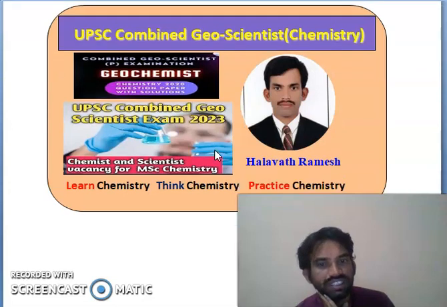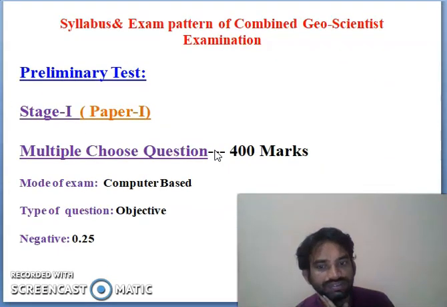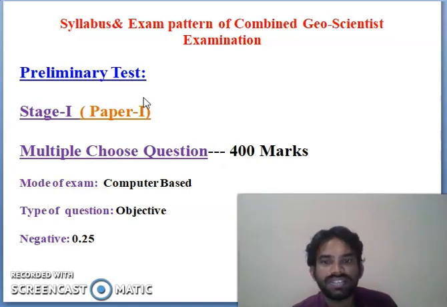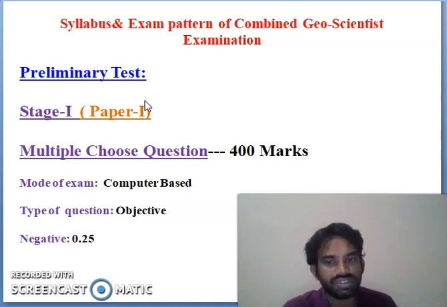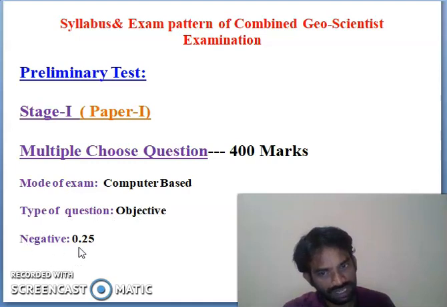You can see here the first slide: the syllabus and exam pattern of the Combined Geoscientist Examination. The geoscientist exam has three stages. The first one, the preliminary test, comes under stage 1, which we simply call paper 1. It has multiple choice questions, 400 marks, the mode of exam is computer based, the questions are objective type, and negative marking is there,